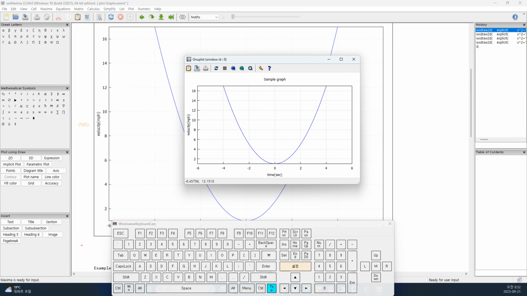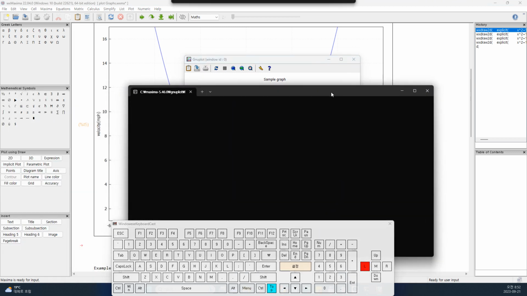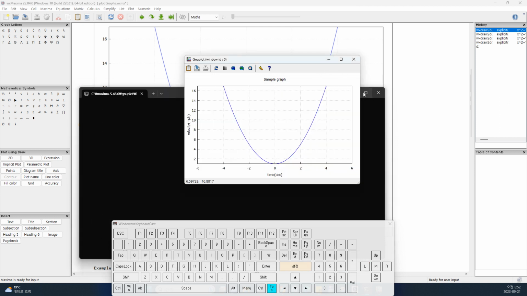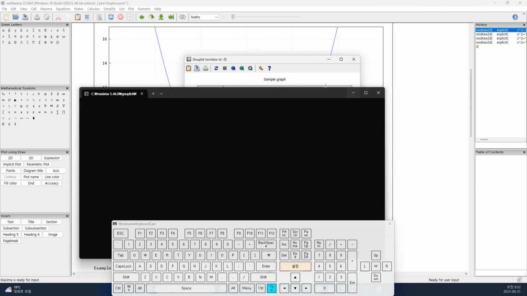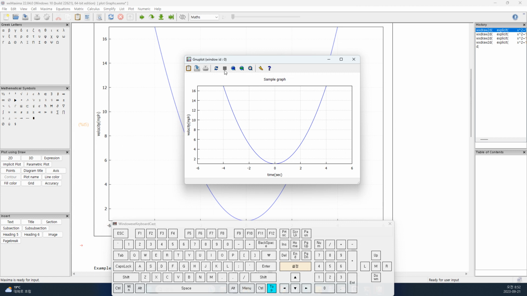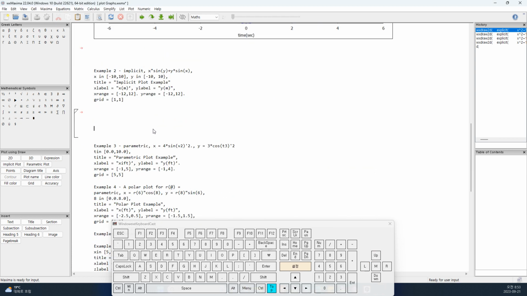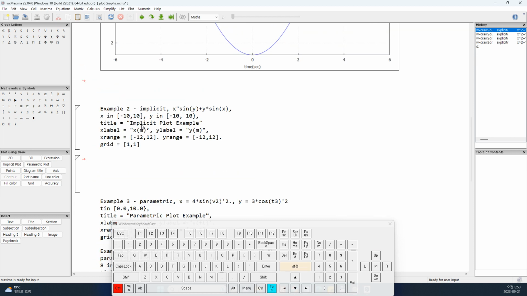For example, zooming, toggling the grid if you want the grid on or off, and a few things like that. So I'm going to close that down here, and that's the graph. I'm going to try a second example, and this time in the place where we're going to put the command, I'm going to put a lot of spaces and click over here, and we start with a 2D